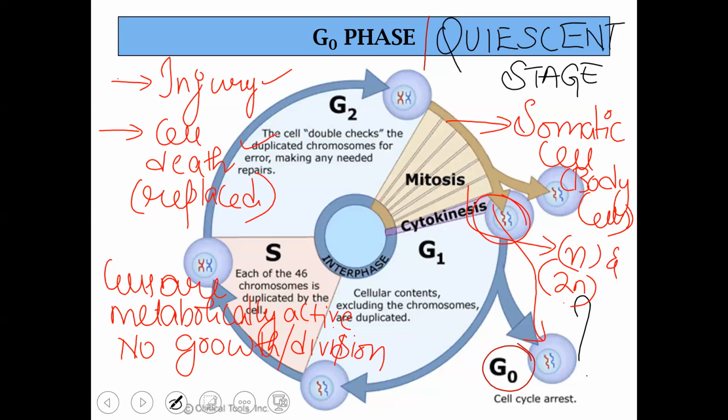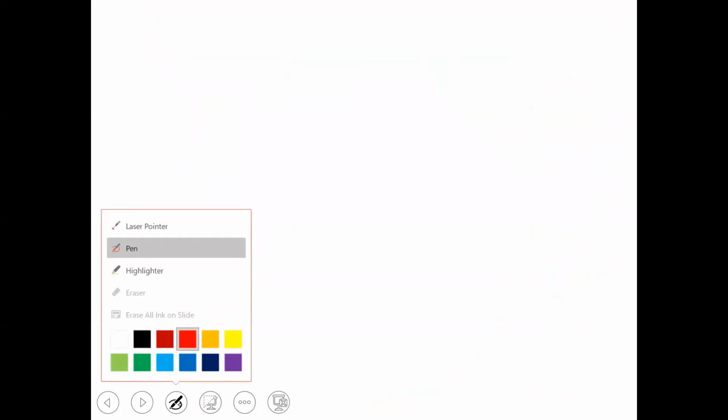And apart from this, we need to understand that there are three important checkpoints in the whole cell cycle. Okay, and one more thing, this is also called the inactive stage. Inactive in the sense that there is no growth or cell division, but the cell is metabolically active. Right. Next one. So this is what I was telling you. There are three important checkpoints with regard to the cell cycle. We need to understand what these checkpoints are now. Okay. So these checkpoints are controlled or regulated by substances which are called protein kinases. So I repeat, protein kinases